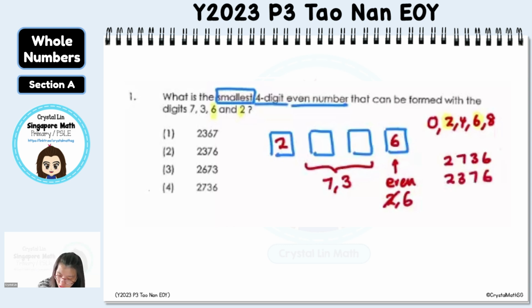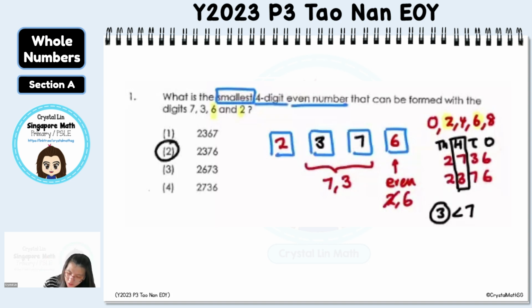Okay? So the first digit is your thousands. The second digit is your hundreds, then your tens, and your ones. So we already matched the thousands, 2 and 2. Next, to know which one is bigger, look at the hundreds. The smaller the digit, the smaller the value of the number. The bigger the digit, the bigger the value of the number. So 2736 and 2376, 3 is smaller than 7. So 3 is the answer that we want. So we will put 3 in front and 7 behind. This will give us option number